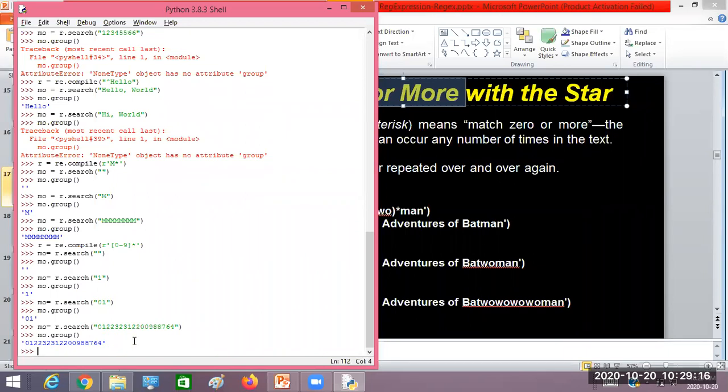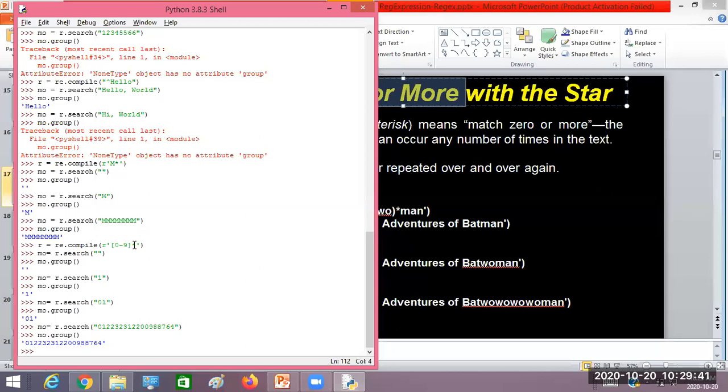It is going to match 0 digits, 1-digit data, 2-digit data, 3-digit data, and so on. So this star indicates 0 or more occurrences of the previous pattern, previous character, which may be anything. Is that clear?